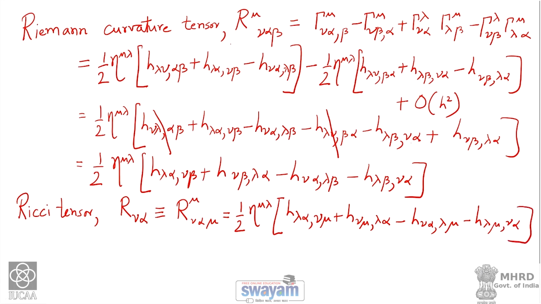So, let us see whether all the terms have come out correctly. So, here h lambda comma nu mu, beta has become mu, h nu mu lambda alpha minus h nu alpha lambda mu minus h lambda mu nu alpha. So, this is my Ricci tensor, and hence the Ricci scalar